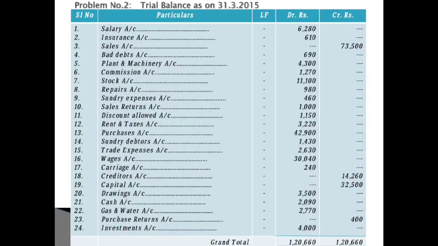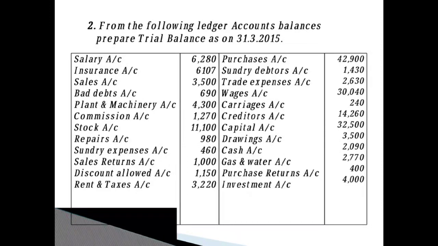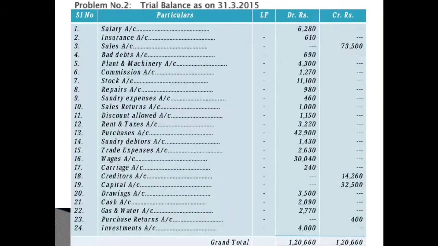Okay, then next you have, after carriages, creditors account 14,260. So what is creditors account? It is a liability for us, right? Which balance does it show? Always credit balance, right? See, the 18th one we have recorded here, creditors account, in the credit column you should write 14,260 rupees. Because it is a liability, which will always show credit balance, so we have recorded it in the credit column.